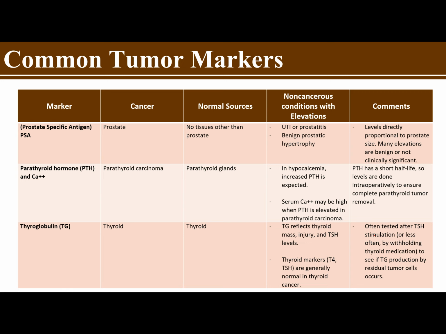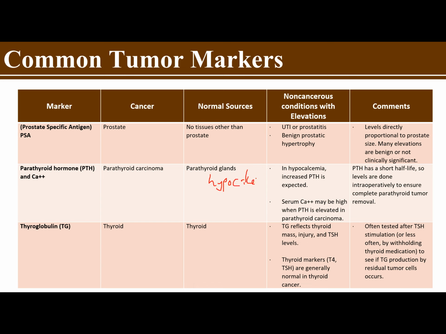Then we have your PTH and calcium or your parathyroid hormone and calcium. This is specific for parathyroid carcinoma. Normal source is the parathyroid gland. So in cases where you have low levels of calcium, hypocalcemia, there would be increased PTH. So serum calcium may be high when PTH is elevated in parathyroid carcinoma. So in some diseases class such as your